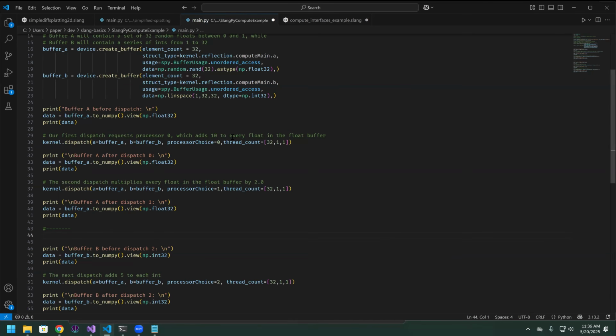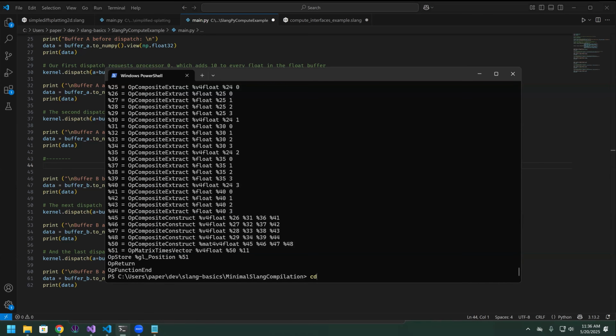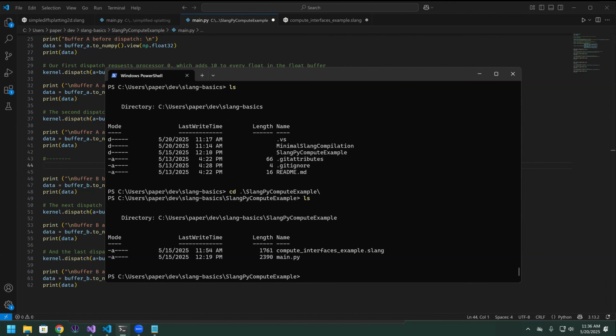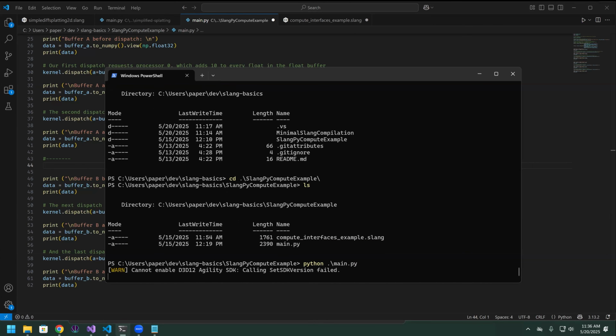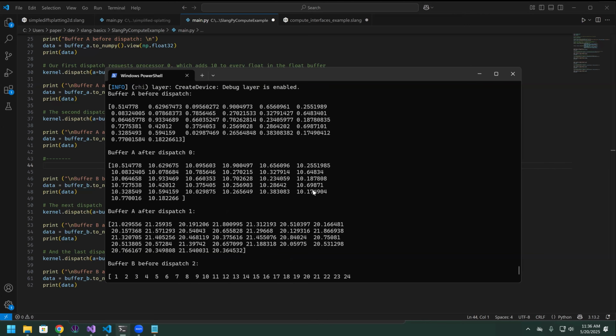So to actually kick off this Python, all I have to do is head over here. Going to see my SlangPy compute example. In this directory, all I have is my main.py and that Slang shader. So I just need to call Python on main.py. All right, so you can see